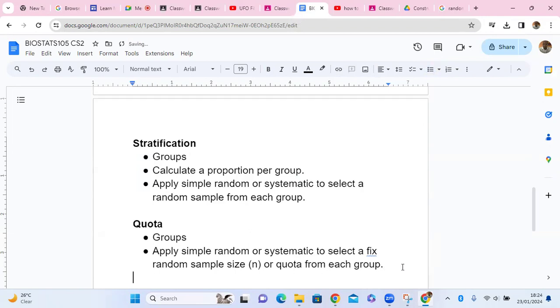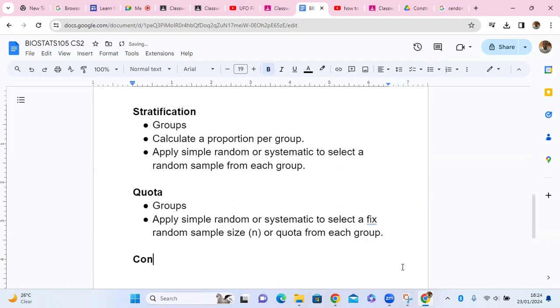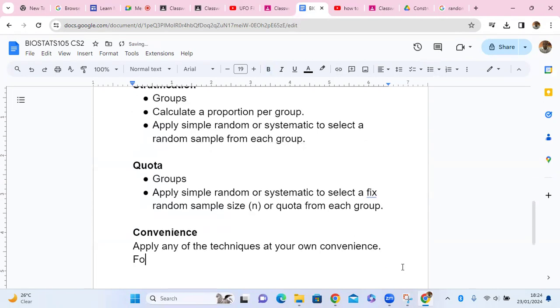And then you have the convenience sampling. It's another semi-random sample, convenience. What you basically do, you apply any of the techniques at your convenience. For example, we deliberately leave out some members of the population